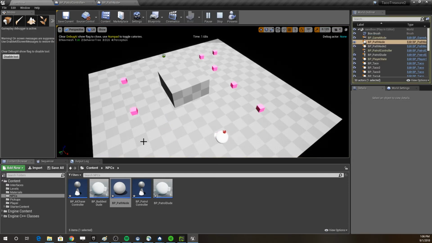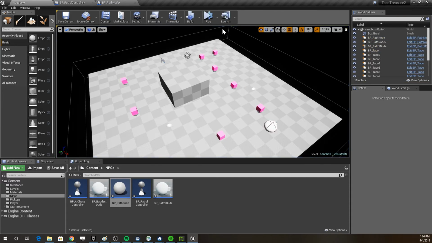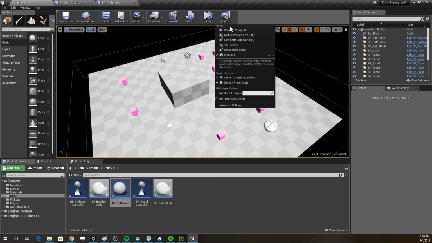So if I play it, awesome, it should go back. And it does. Okay, very cool. And forever, we are forever in this loop of patrolling. Okay, so before we do the last thing, which is more kind of cosmetic, or just to prove to you that this is a